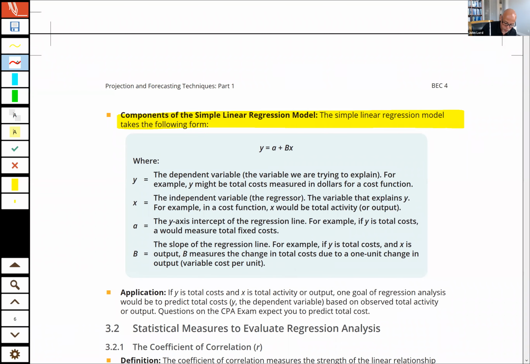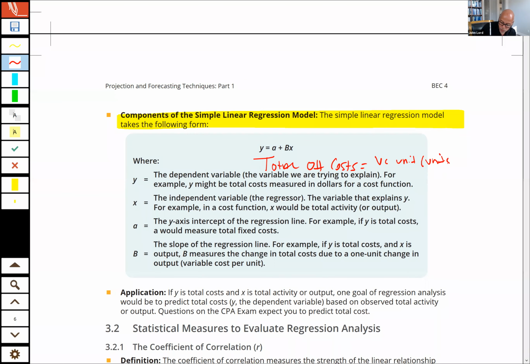Okay, so they give you this sort of mathematical equation for using linear regression, but notice, guys, we could turn this into a cost function by saying total overhead cost would be a function of my variable cost per unit plus my what? Times my number of units,